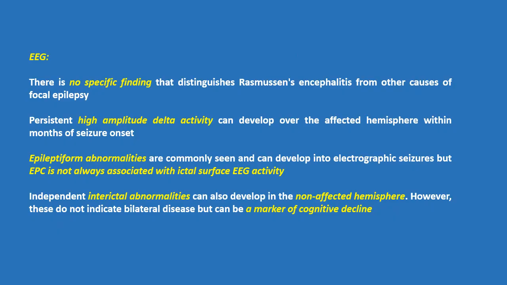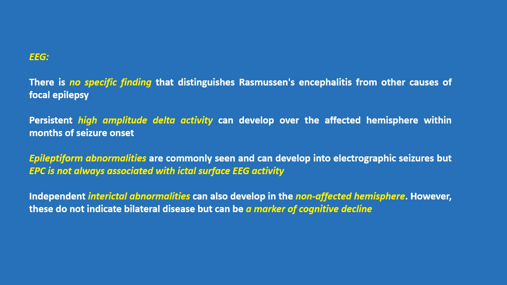EEG: there is no specific finding that distinguishes Rasmussen's encephalitis from other causes of focal epilepsy. Persistent high amplitude delta activity can develop over the affected hemisphere within months of seizure onset. Epileptiform abnormalities are commonly seen and can develop into electrographic seizures, but EPC is not always associated with ictal surface